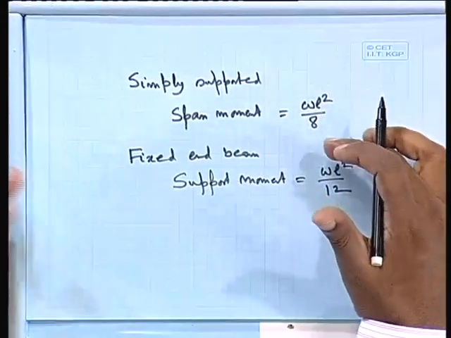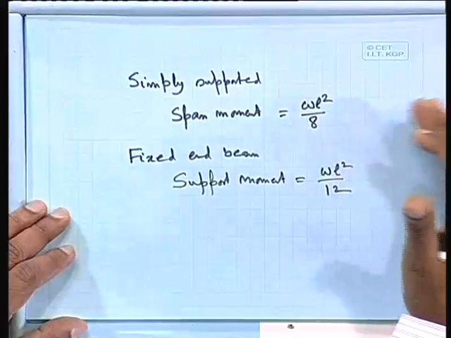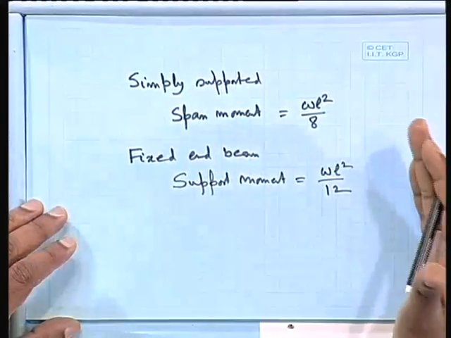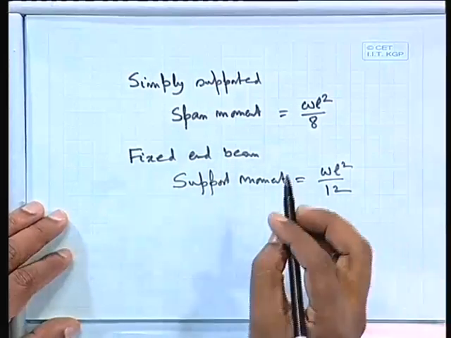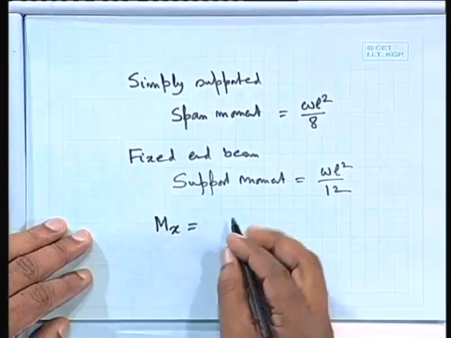WL square by 8 in one end, that is in the higher side, whereas WL square by 12 you are getting on the other side. Even, you can get WL square by 24 also, like that. Now, when you are talking about a certain value, say mx equal to